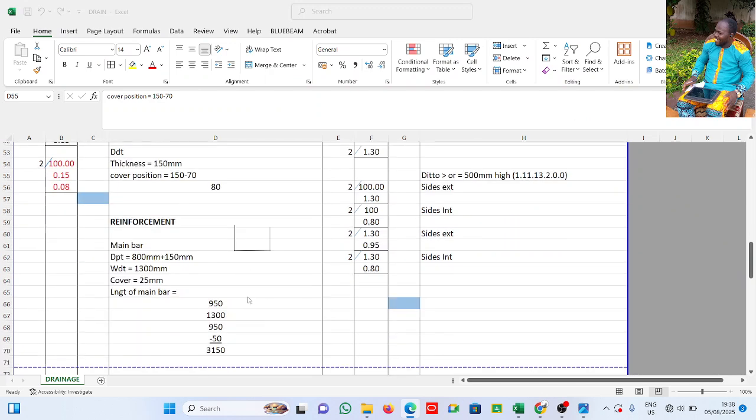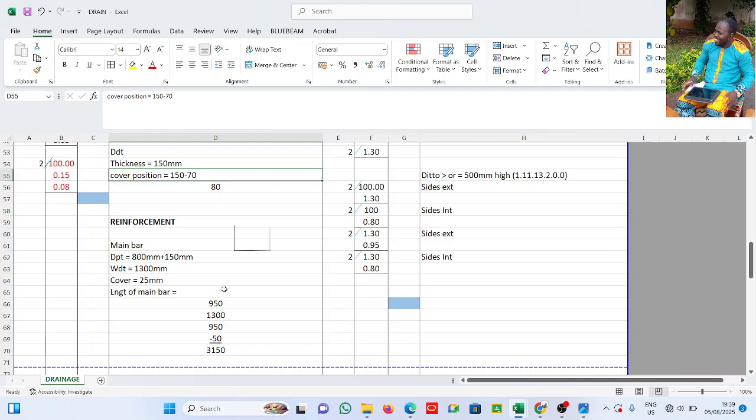And now we'll talk about the reinforcements. Having talked about the concrete, of course, we just saw we did concrete for the base and concrete for the wall. The same thing for whatever type of concrete, it is to base, then to the walls, whether trapezoidal, whether V-drain, it is put to both the base and the wall. All right, reinforcement, and this is the nature of the reinforcement. It is a U form. It's in U form, just like this,